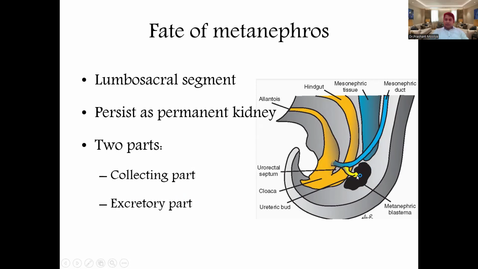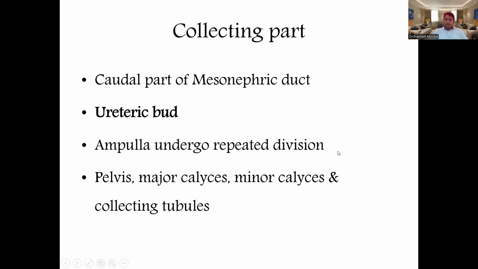You will find that the growth happens in a synchronized formation: when the duct is approaching the metanephric blastema, further divisions are happening. The ureteric bud, developed from the mesonephric duct, forms one ampulla-like